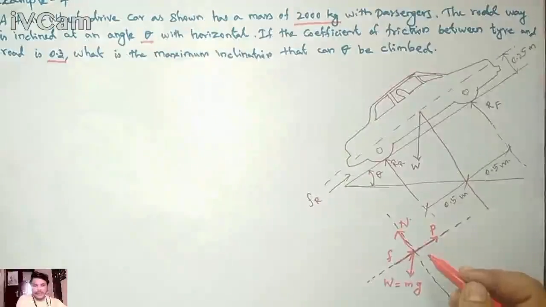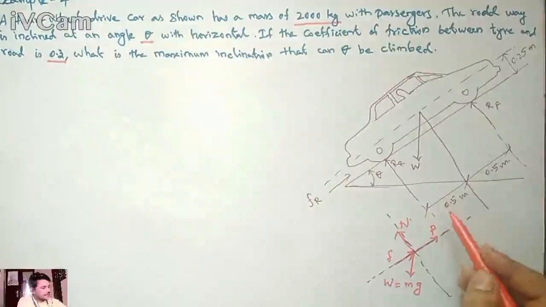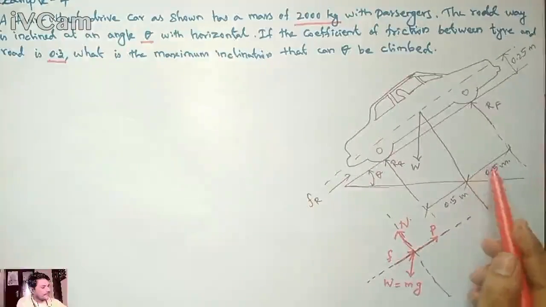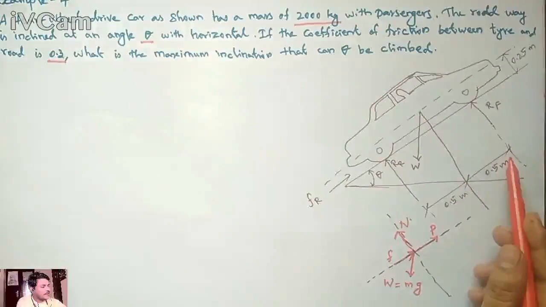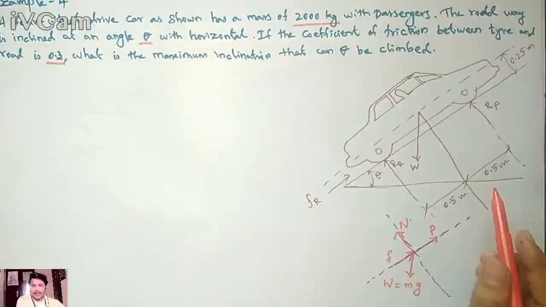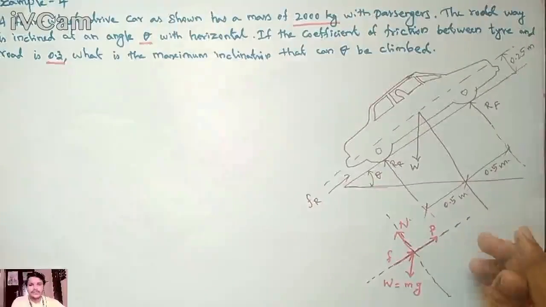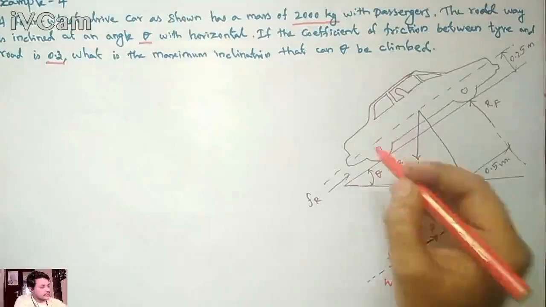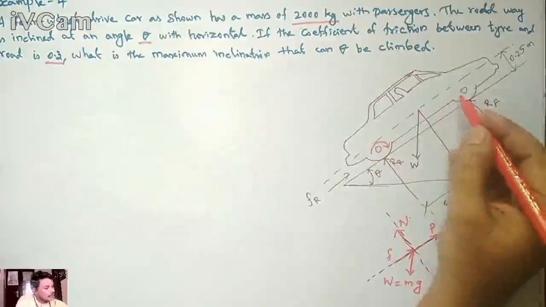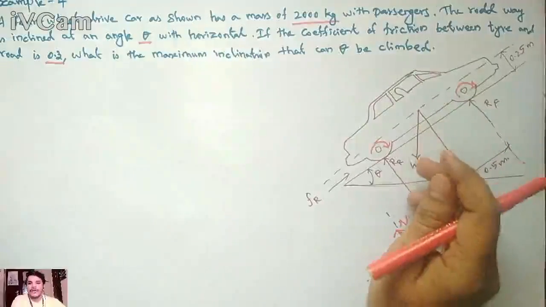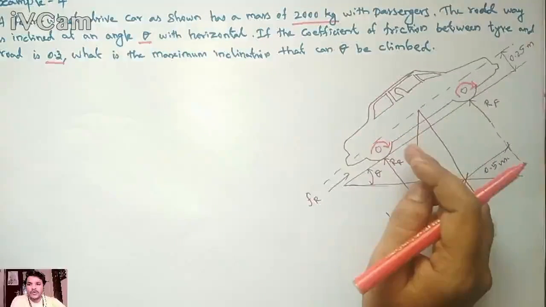Here first I am going to apply the equilibrium equation for this case. All other details, such as the distance from the center of the vehicle to the rear wheel and from the center to the front wheel, are given. Before applying the equilibrium equation, let me tell you some things about this problem. The wheels are rotating in the clockwise direction, then only the vehicle moves forward. Both the wheels are rotating clockwise to climb the roadway.